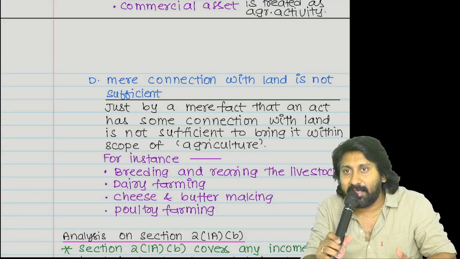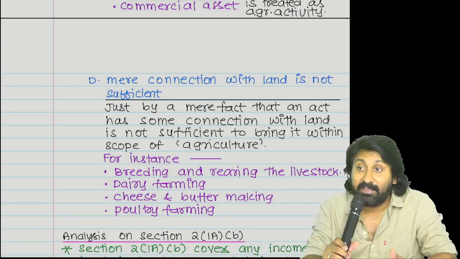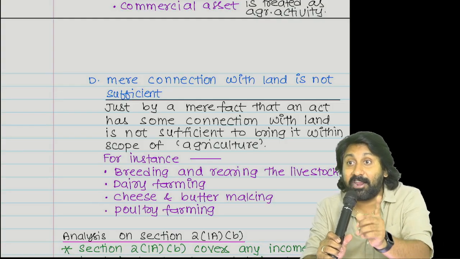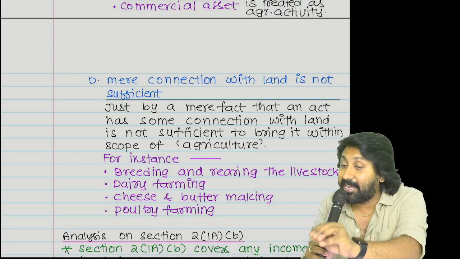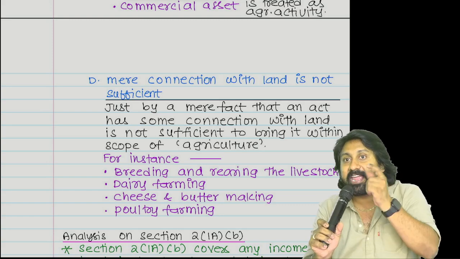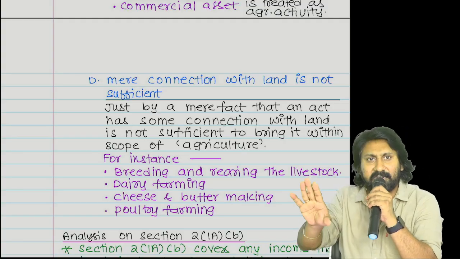Correct or wrong? Why is it not an agricultural income? Use common sense now and tell. Because bulls and oxen are not coming out of agricultural land. They are applied on agricultural land. Now again, is this income an agricultural income or not? Did you understand the point or not?